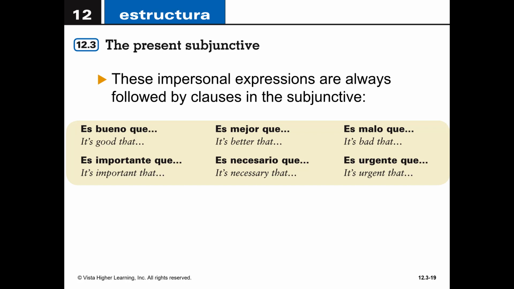Hagas, subjunctive. Es mejor que estudies. Estudies, subjunctive. Es necesario que despiertes temprano. Despiertes, subjunctive. Es malo que juegues muchos videojuegos los lunes. Juegues, subjunctive.